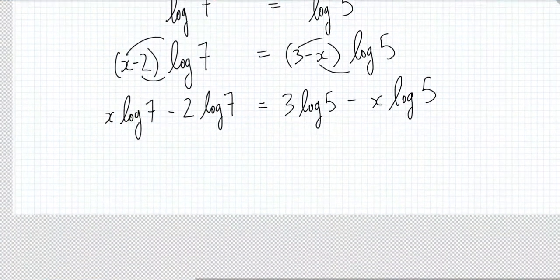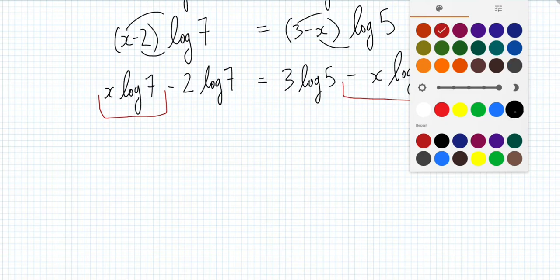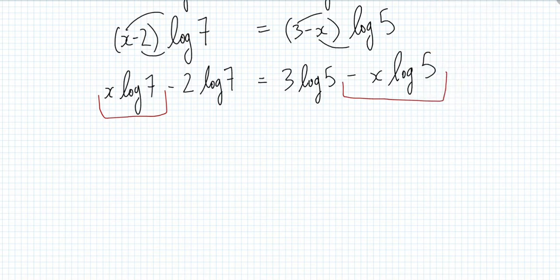Okay, the next step here is we want to take the terms with x and put them on the same side so we can factor out the x and isolate the x, because that's what we're solving for. So if we move the x terms onto the same side, that's going to give us x log 7 plus, so we moved it over, x log 5